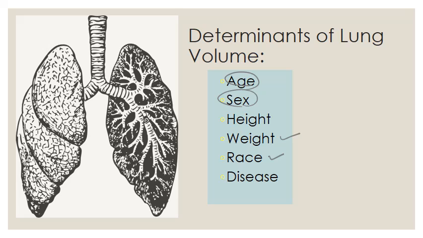Race can also influence lung volumes. For example, people of African descent tend to have a longer torso and hence longer lungs. And last but not least, disease is probably the most important here. So people with obstructive lung diseases through asthma or through long-term smoking, or restrictive lung diseases, have increased or reduced lung volumes. In the next several slides, we will illustrate some common sense approaches to understanding lung volume changes in